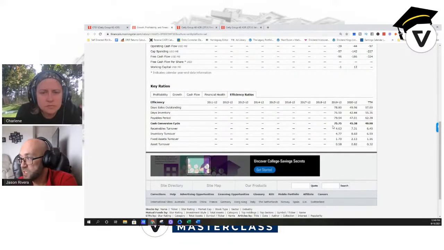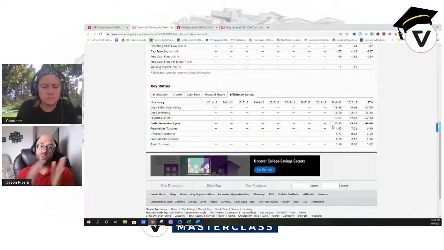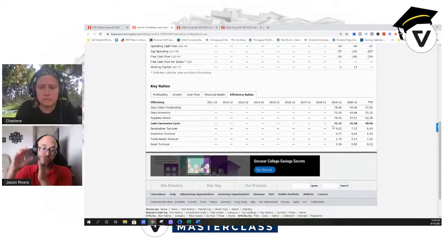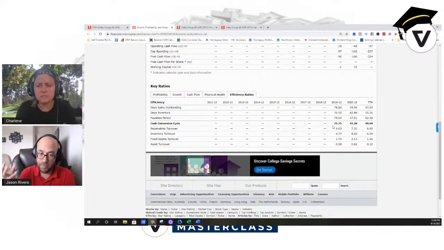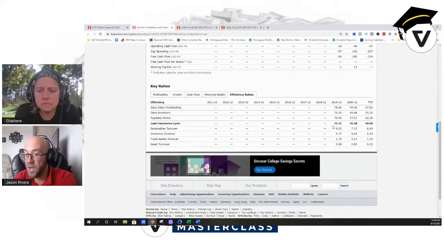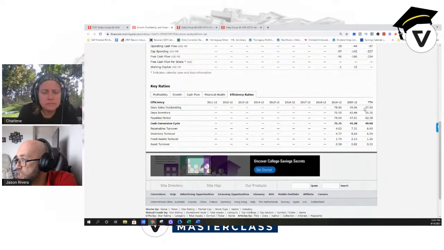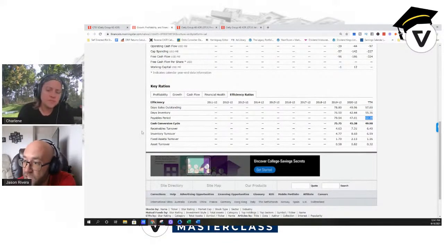The reason I say it's a sign is because it's not showing up in their margins. Usually when this number goes down, it shows up in increased profitability for the company. That's not happening here. I don't really know why, but I can say that they have, this actually would be lower, but they've shortened their payables period as well. So that's interesting. I can't honestly say why this is not showing up in the margins, because usually it does.